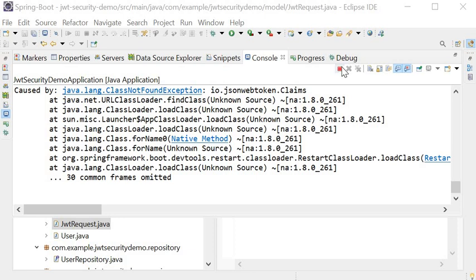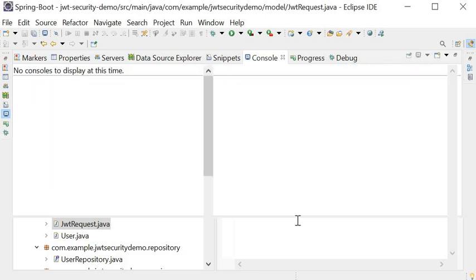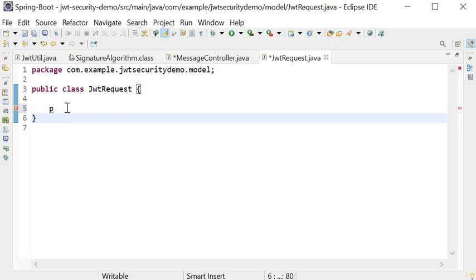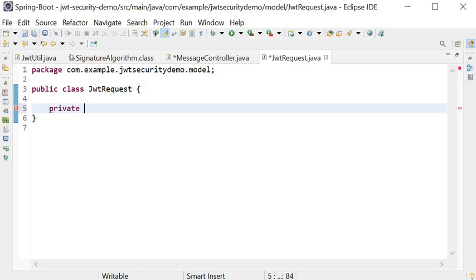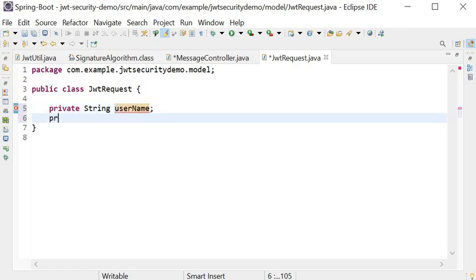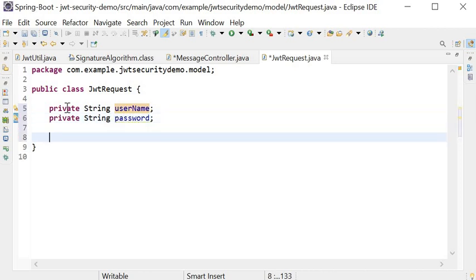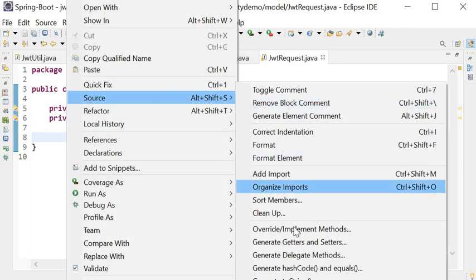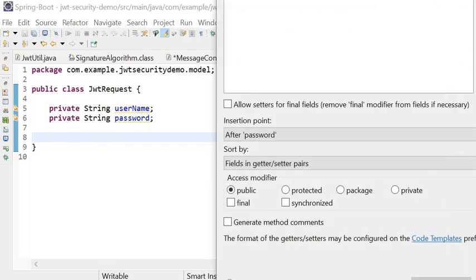I will stop my server first, and then add two fields, private username and private password. Then I will generate the setter and getter methods: source, generate getters and setters. I will select all and generate setters and getters for both.